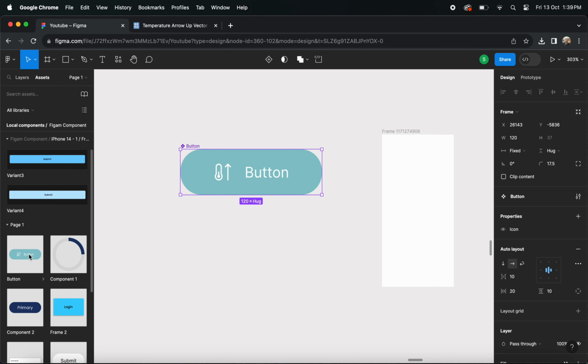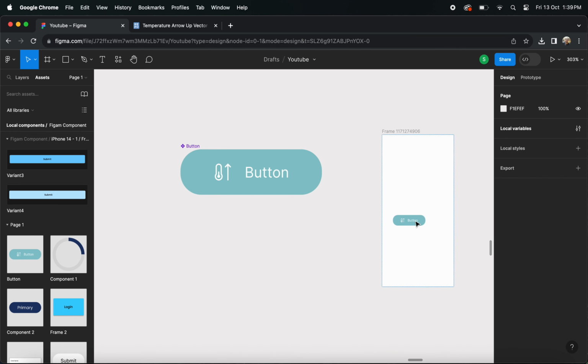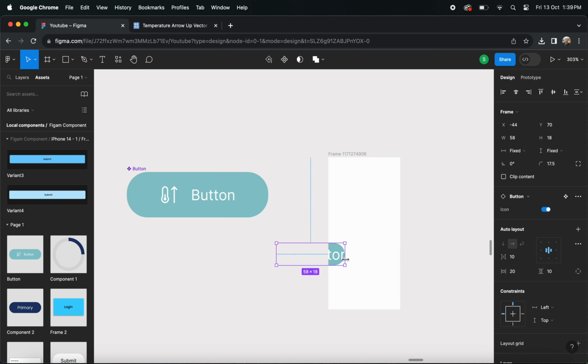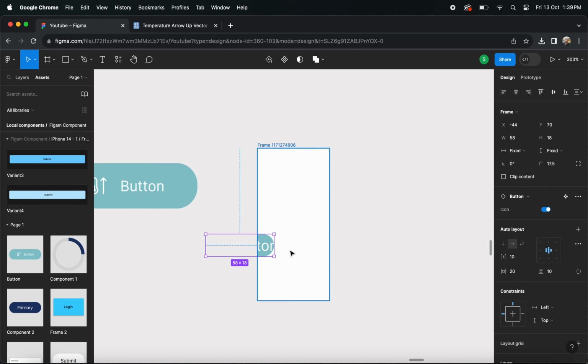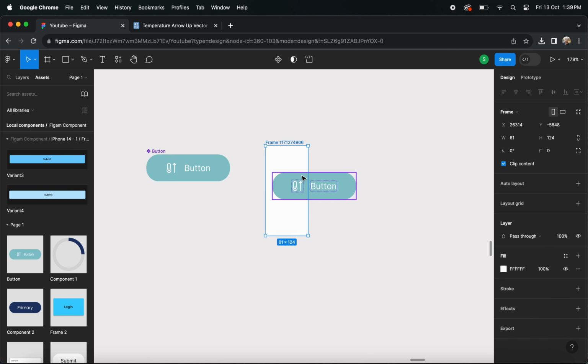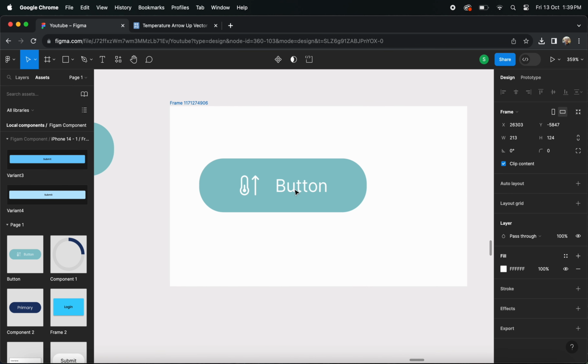I will go to the assets panel and drag the asset components that we have created. Okay, here the frame is small. I will increase the frame output size so that you can view it easily. Okay,